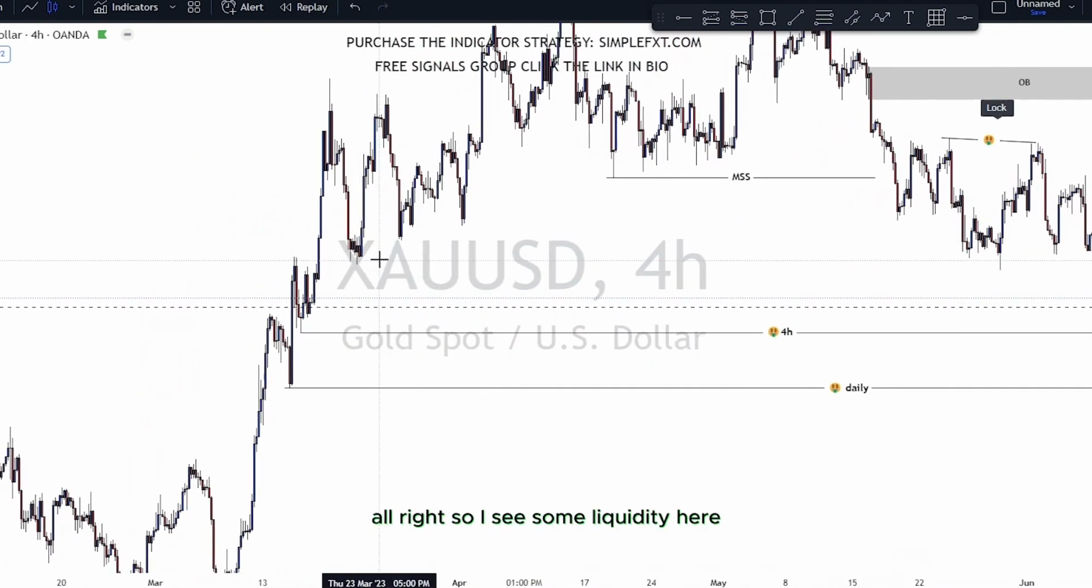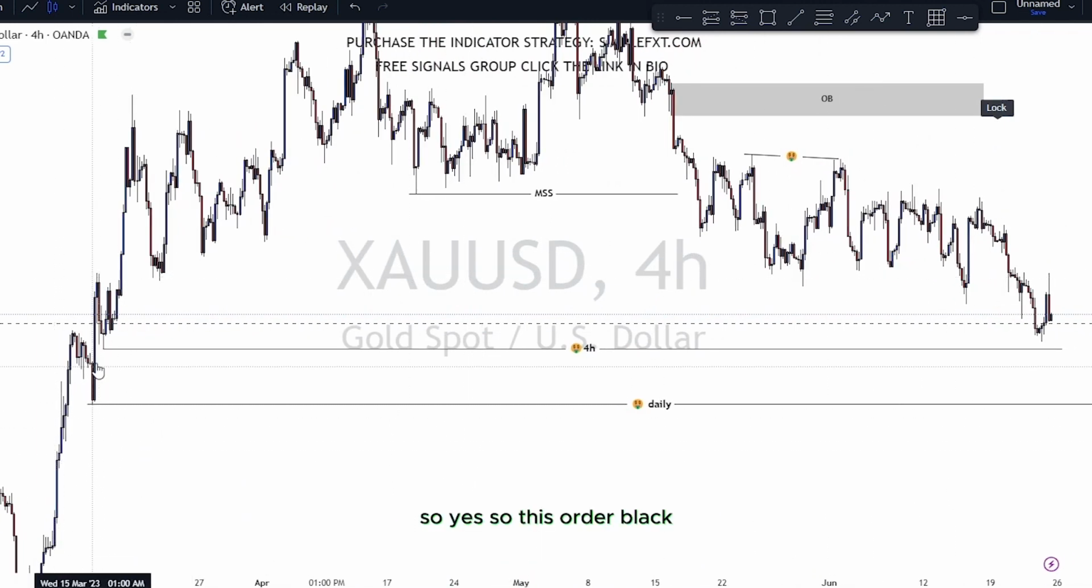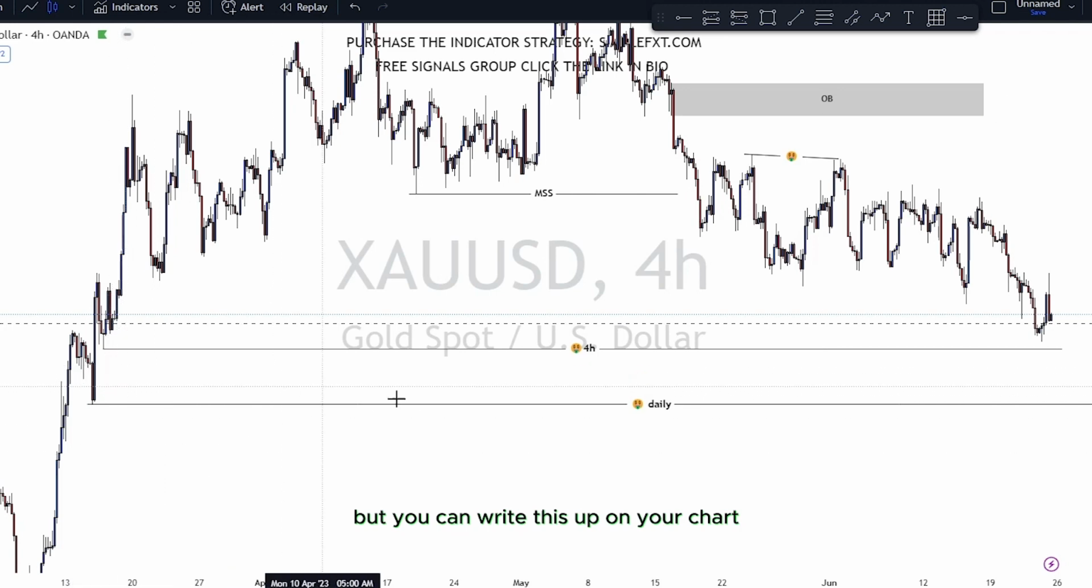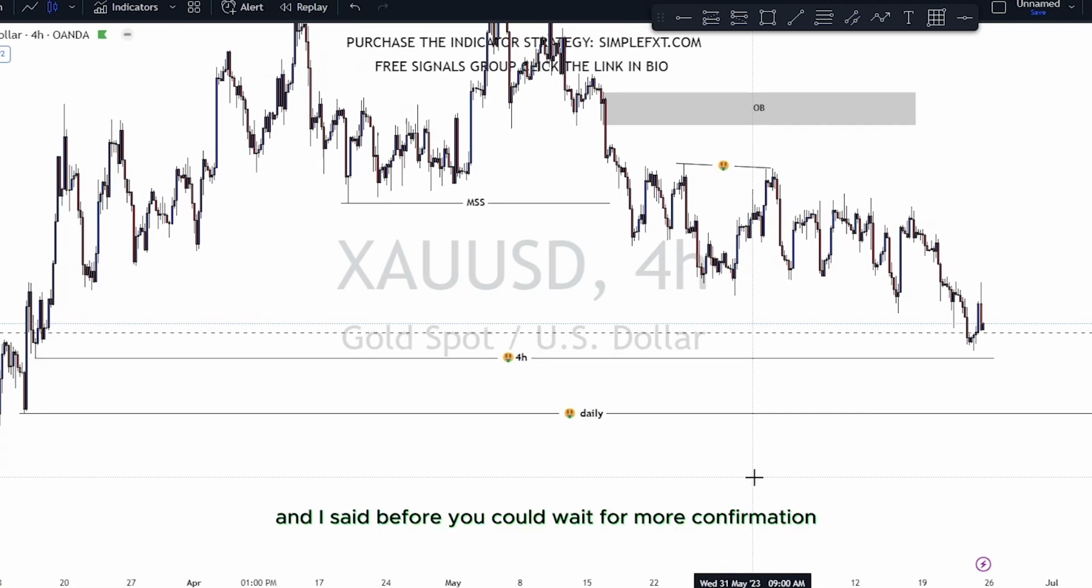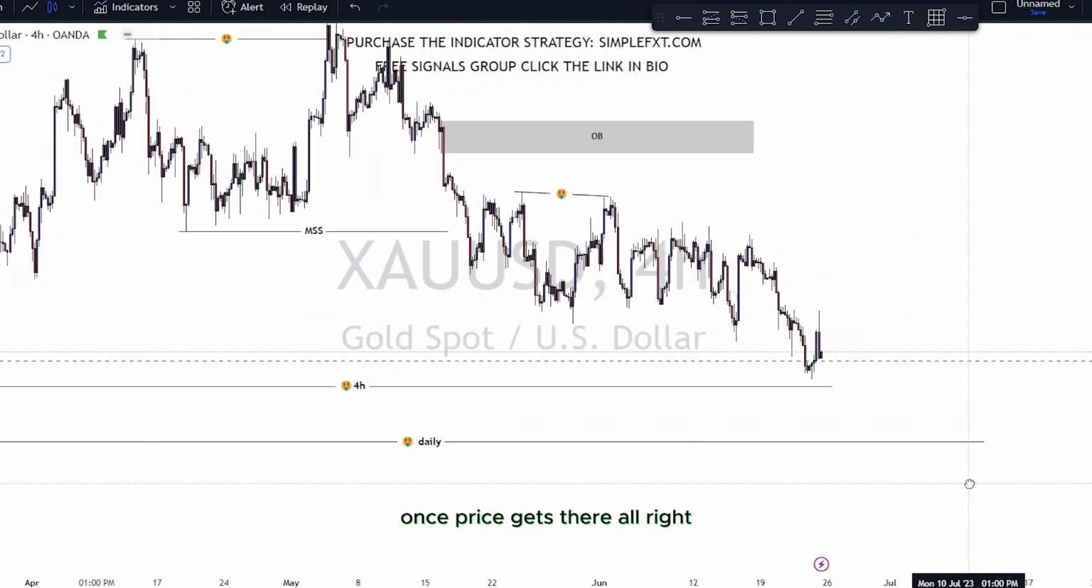All right, so I see some liquidity here which already got taken over there. So yeah, this order block, I won't look into that, but you can mark this up on your chart, and I said before, you could wait for more confirmation once price gets there. All right,